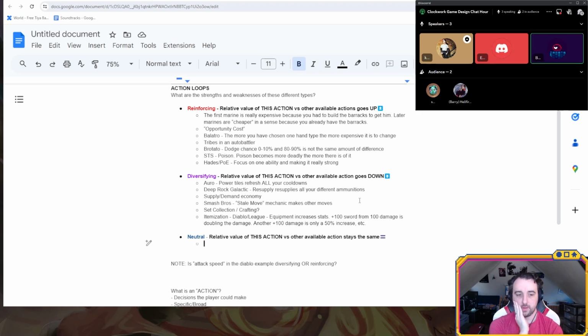So what are some examples of neutral action loops? JRPGs very often are examples of that, where using an action makes it available again right away, and you have shared resources that you're spending on multiple different things. So maybe using an attack in a JRPG.